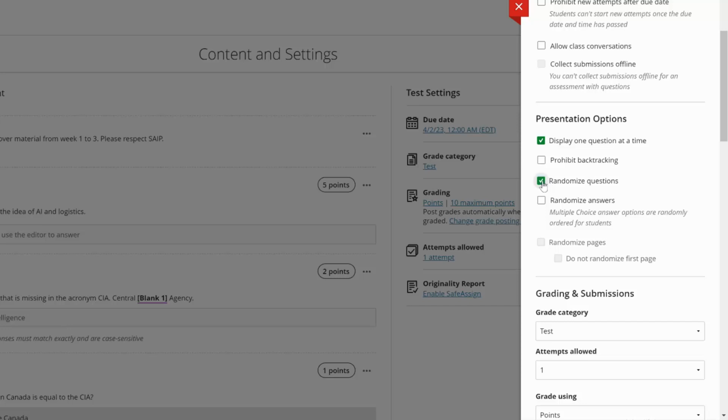I am going to randomize my questions, so not every student will get the same questions in the same order. And I will randomize the answers as well, and that's more applicable to, let's say, multiple choice. So A becomes D and C becomes B, etc. Okay? Now,